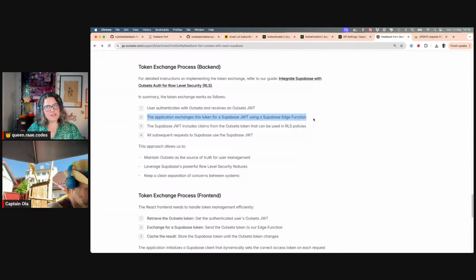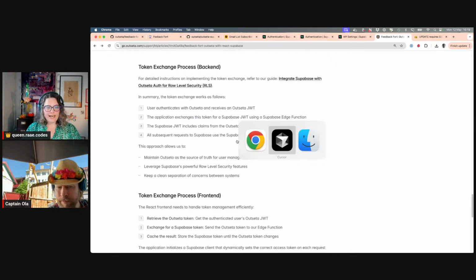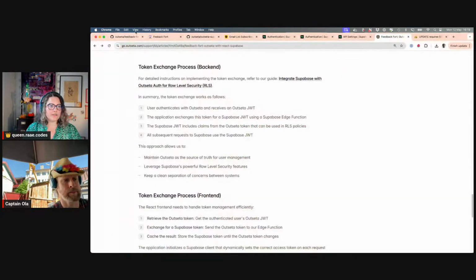So we are now responsible for actually verifying that the Outseta JWT is correct and valid and authorized and all of those things. Then we can grab that information and re-sign it with the Supabase key. So we have code for that. So if we go back to